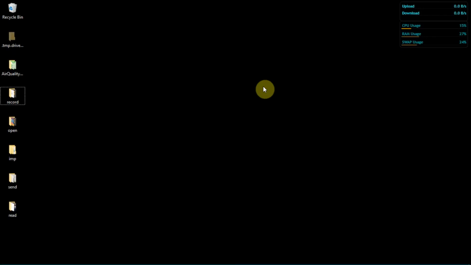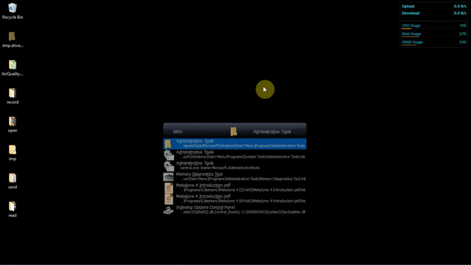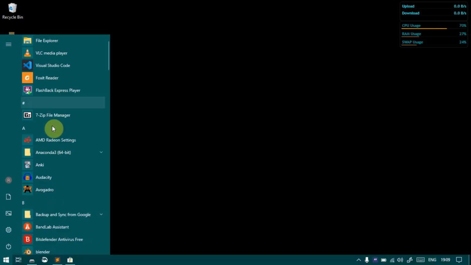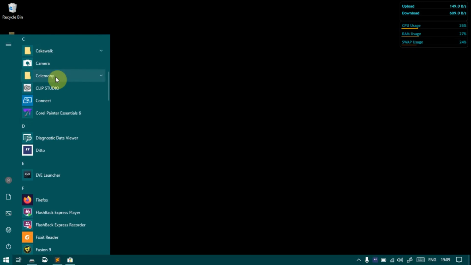So if you try to launch any of those apps using Launchy, for example Photoscape, it doesn't give you anything, or Windows Terminal, nothing, or Ditto, nothing. The same thing happens in case of some of the pre-installed apps that come with Windows 10, for example